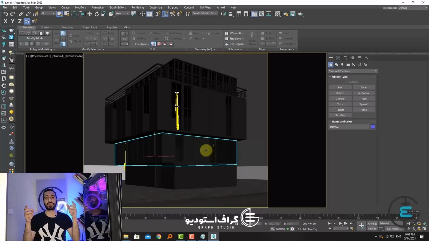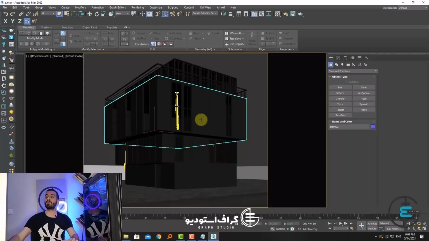Okay guys, in modeling, we can work in different ways. In general, I know 3 modeling methods. One is based on dimensions, meaning the client tells you or you go and measure, knowing that the building you are designing is, for example, 8 meters, 10, or 4 meters long. You can work on the project based on those dimensions. The next method is that we find a model like this and want to do the modeling based on the reference. There is also another method where we have the reference in front of us, but we don't know the numbers,